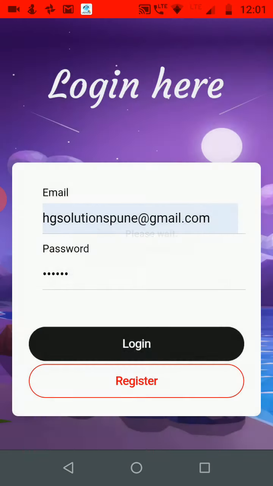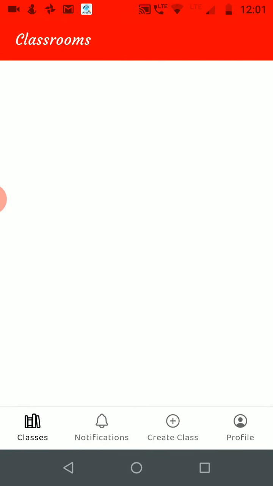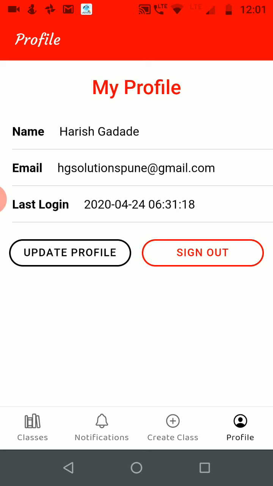Now you have entered into this app. At the bottom you have the classes, whatever classes you create. All these classes will be displayed over here. You can send notifications for the respective classes, and whatever profile you just fed in is shown here. For the demonstration, I'll create one class.